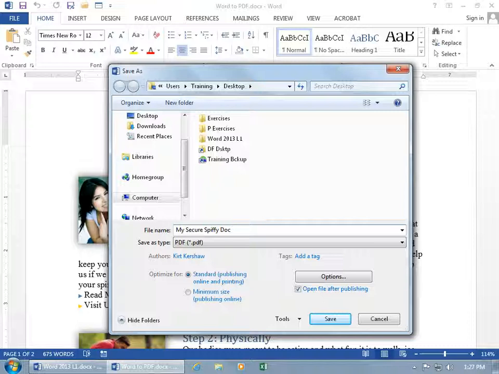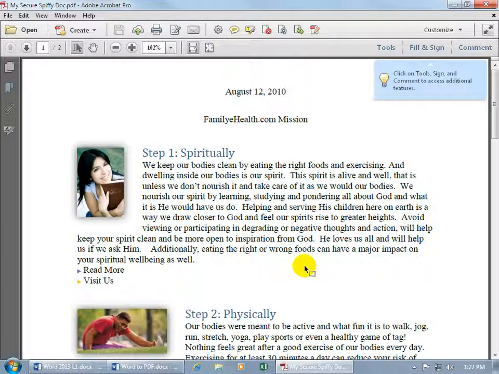Now keep in mind, it's going to be secure in that nobody can actually go into the document and make changes like deletions or additions to the text. So when we're done, we give it a new name. We're changing the file type to PDF, a different extension here, which you can learn more about by watching my Windows training video on extensions, and click Save. It automatically converts it over to the PDF document and opens up in PDF, and you can see up here,